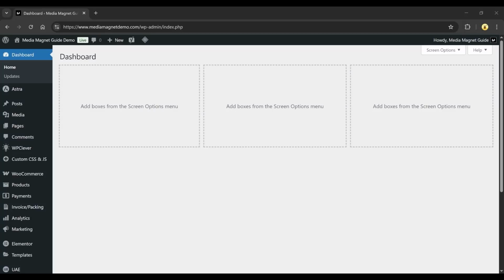Want to create a pop-up in Elementor? In this video, I'll guide you step by step so you can build a custom pop-up for your WordPress website